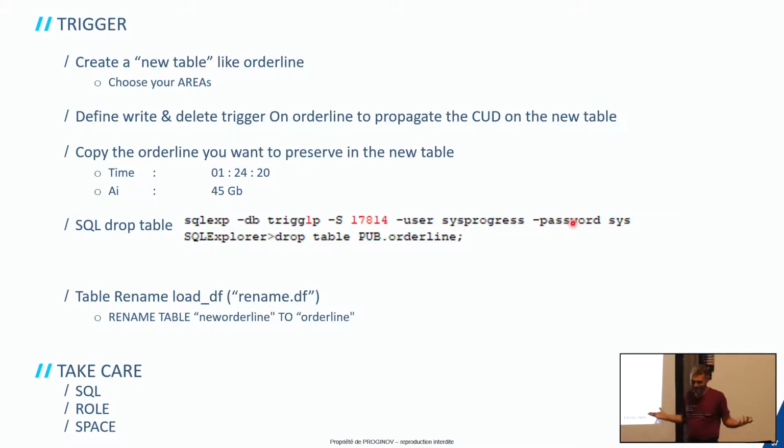Yeah, it could be. We are using this approach in some cases, but we copy the order line because we want to preserve the tables. Yeah, but if you crash, you lose your table. Yes, the creation of that copy is for